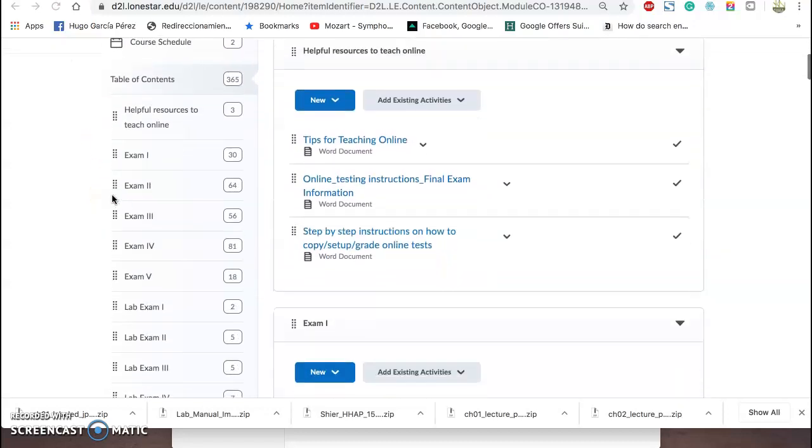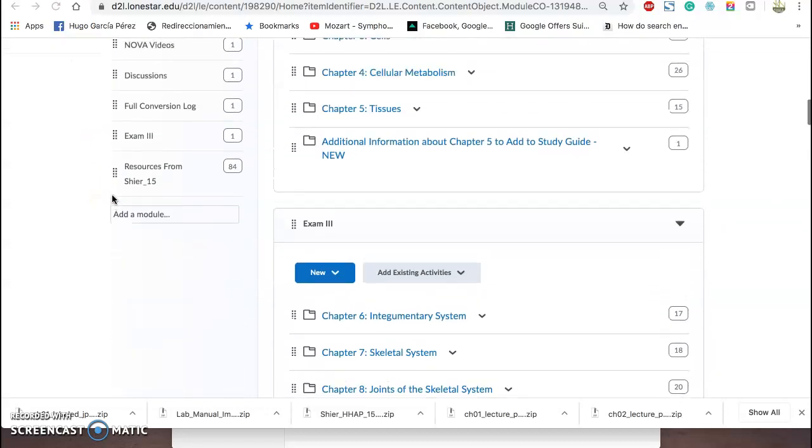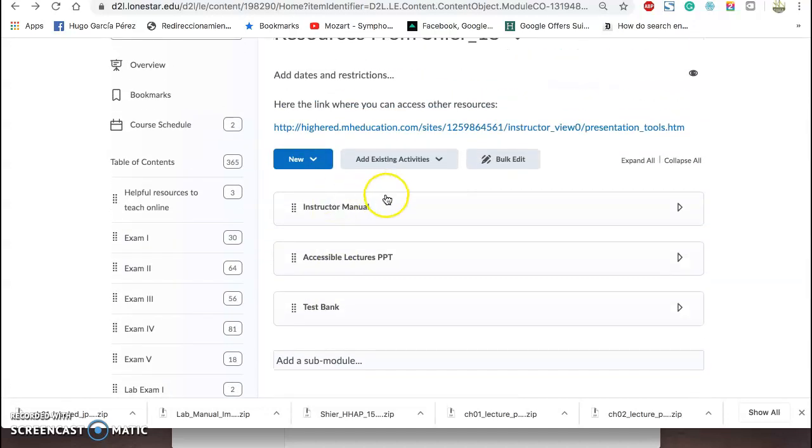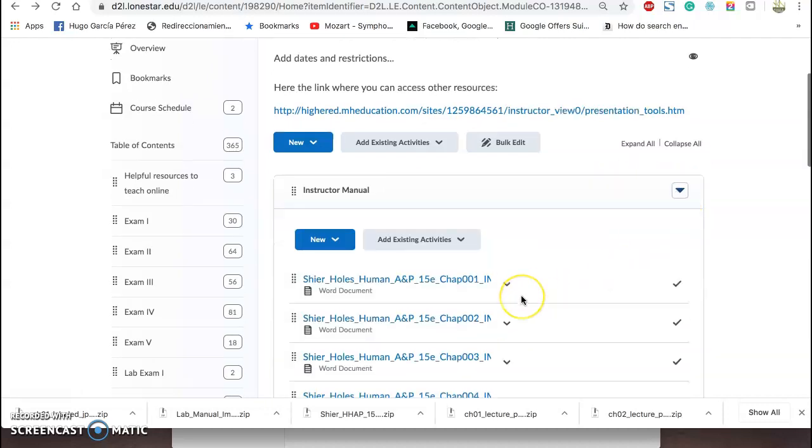Using the link that Dr. Gutierrez gave us, I added this folder at the very bottom, and you can check it. You only have to go here, and then you have three sections: instructor manual, accessible lectures, PowerPoint, and the test bank. You can open each of them,